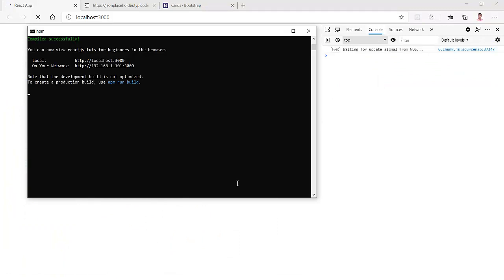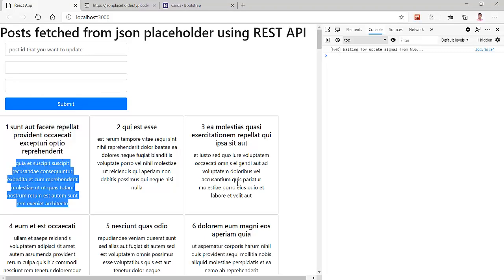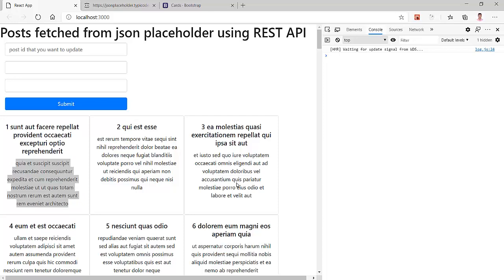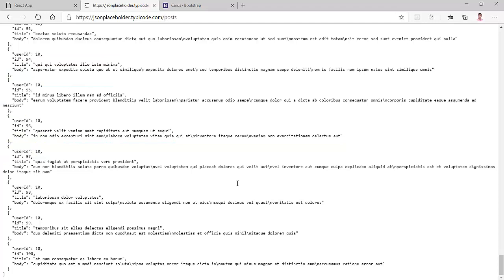So we will change our first one here. See that we will change this, the first one. Its title should be changed, so we will get its changed title in the console box here. So here we will update our first one. I am not updating it because we are not going to do our CRUD operation here, and this data is static only. We will use CRUD operation in other things.